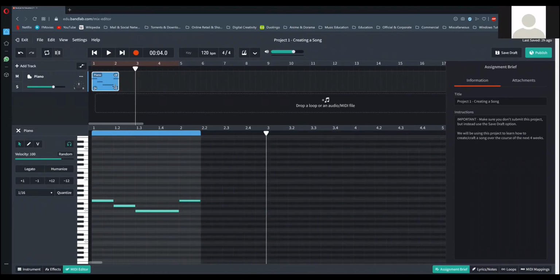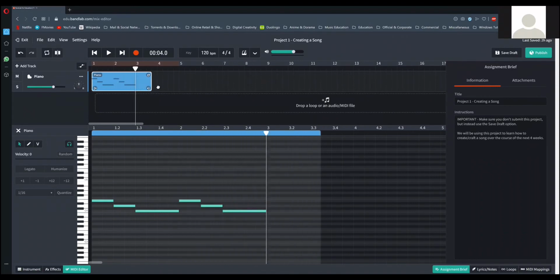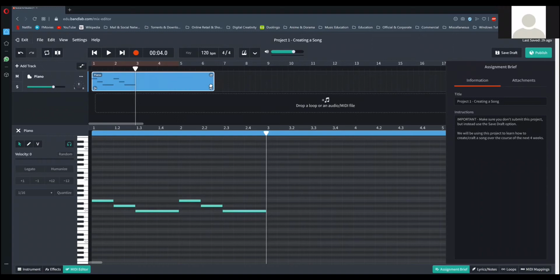How do you do it? You go to the bottom. It gives you the resize, not the top. The top is for looping, as we did for the drum machine. The bottom will give you a resize option. You got to go up to the track where the piano is, okay? Look carefully, bottom, it gives you the resize option. Pull it out and it will extend. And now you can copy and paste.